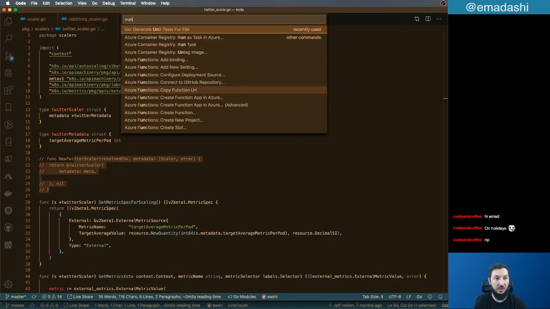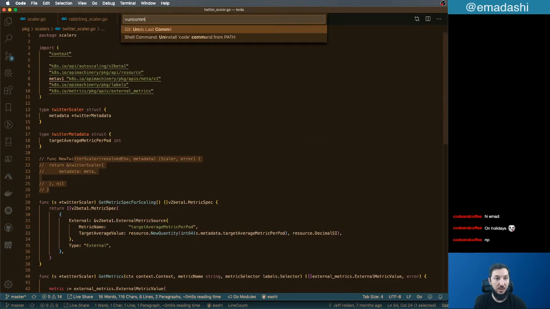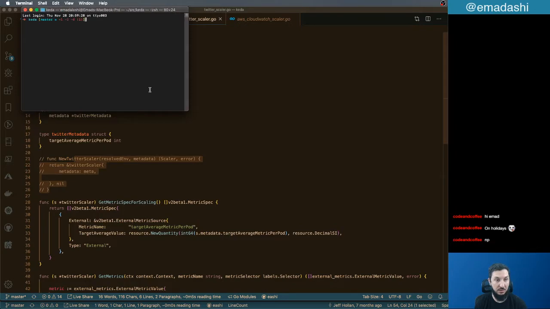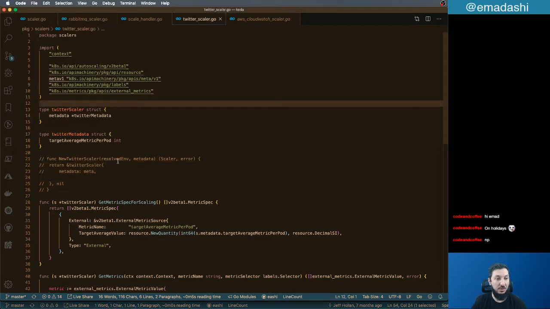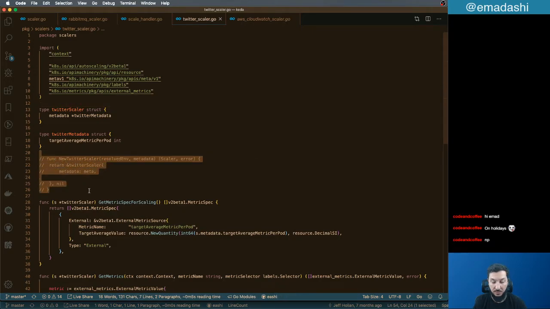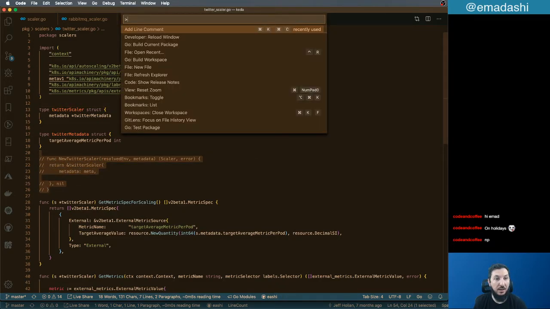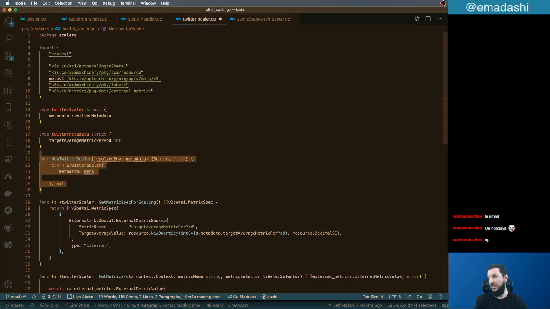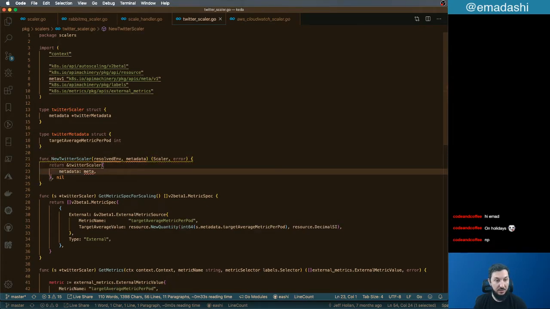Uncomment, undo last commit, shell command. Uh-oh, what is this? What did I do? My shortcuts. Line, remove line comment. That's it. If I save, will it still complain? In meta,